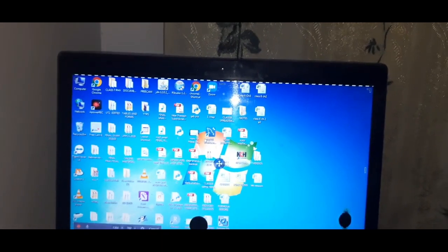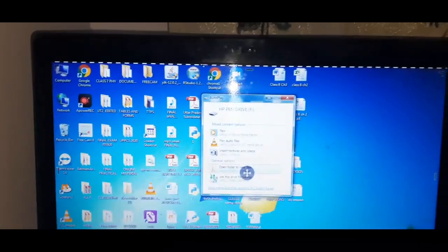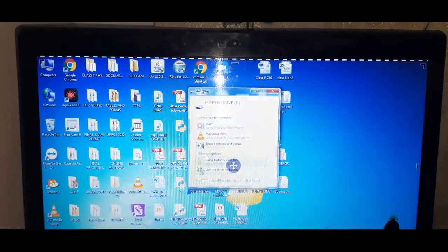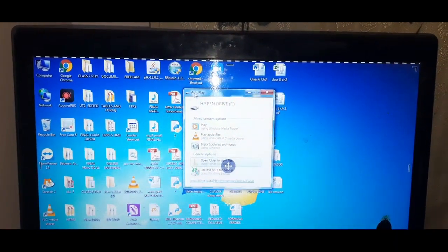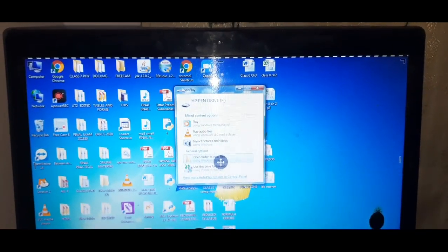As soon as I insert the pen drive, see, this autoplay dialog box is popping up.